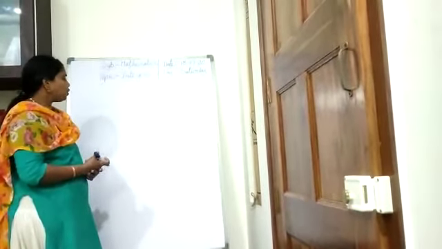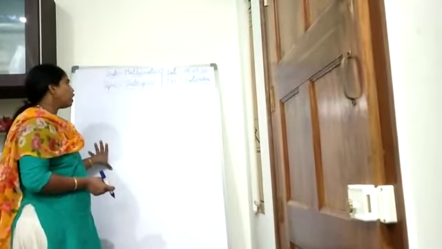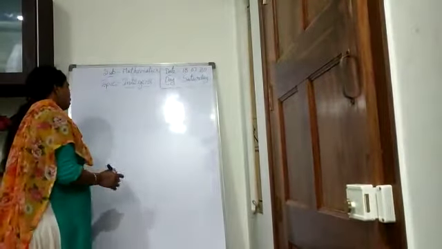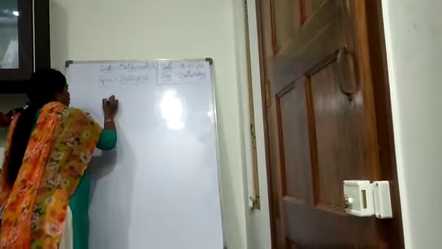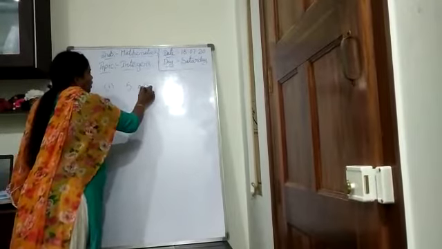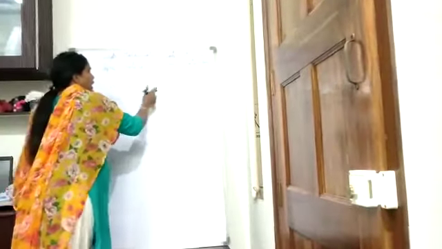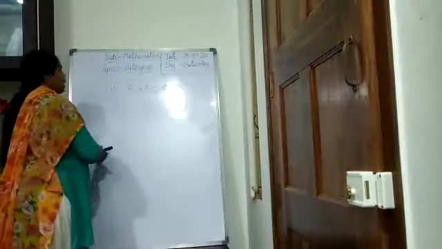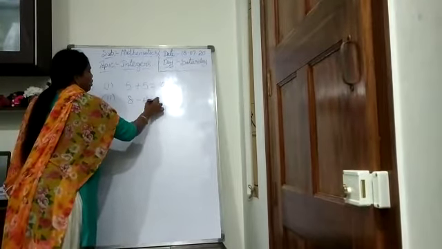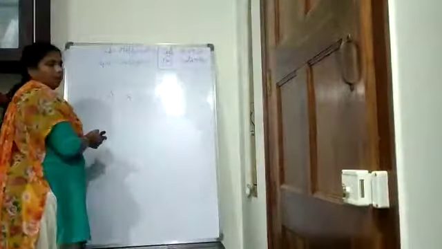Okay, by using the number line, we solve by following those patterns. Instead of using the number line, how will we directly solve addition and subtraction of integers? See, for example, I am taking 5 plus 5. This is as usual, you know. Both are positive integers. You can add directly. 10. Yes, right? One more example, 8 minus 6. Both are positive integers. You can subtract directly. You know this subtraction also.